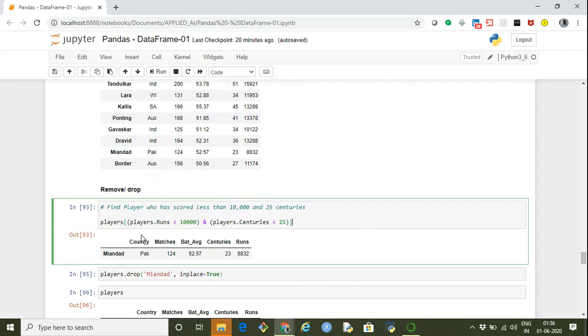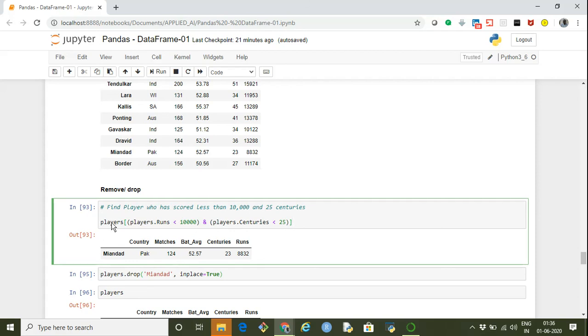So our condition is players.runs is less than 10,000. This is one condition, and the second condition is players.centuries is less than 25. So these are the two conditions that we are specifying, and we are joining these two conditions using the AND operator, and we are passing these two conditions within the players data frame.